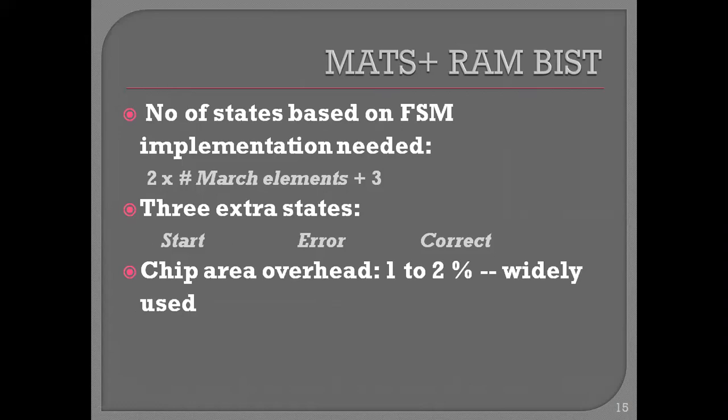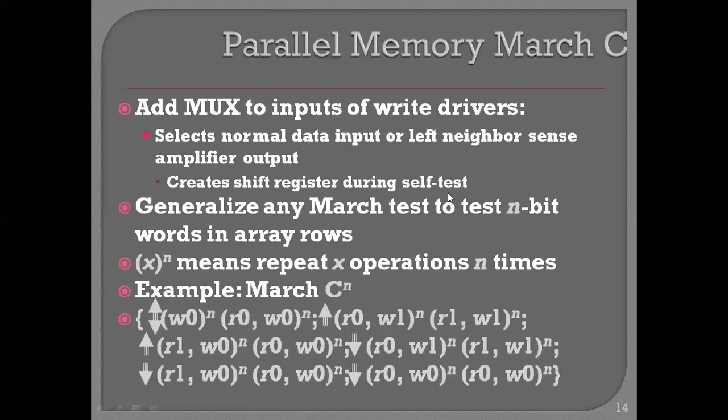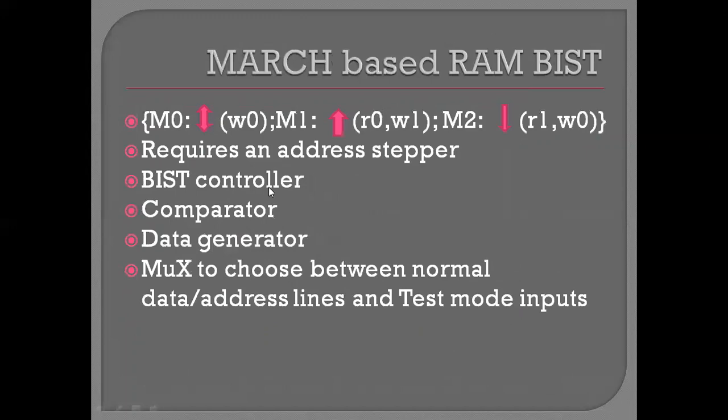Just understand, memory के लिए march testing use होती है, और जब आप BIST करते हो तो आप उसी march test को hardware के अंदर implement करते हो, और उसके implementation के लिए ये मेरी overhead है. तो अगर मैं FSM based लेती हूँ तो minimum मुझे इतने number of states चाहिए. Okay, और मेरा typical chip overhead 2% होता है for the SRAM memory BIST. And what hardware I require for this is, typically I need a BIST controller, a comparator, an address generator, and a multiplexer before the write buffers. So this is what you need to